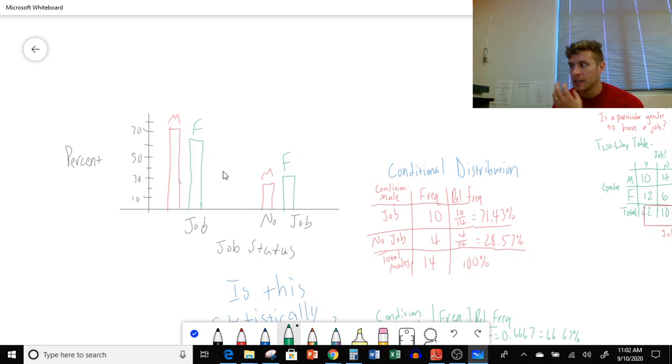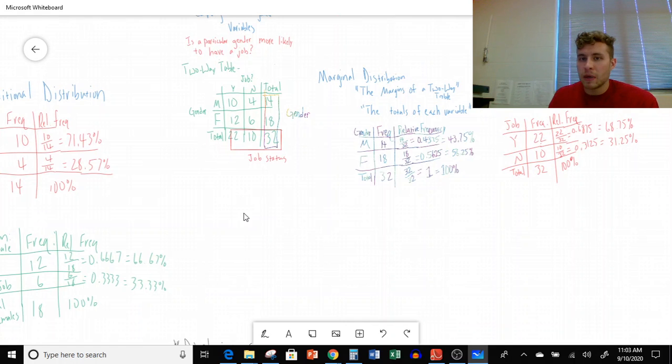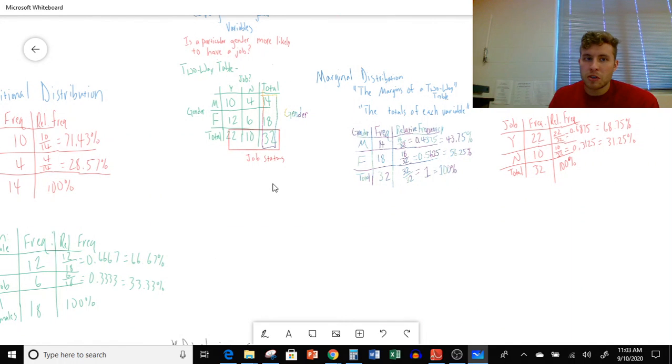But this is what we're looking at. Say you wanted to show association or significance, you would be finding that in the difference between these columns, which is why I would say this is not significant, just because looking at it, it doesn't look that different. But this would be how you would display this graph. And I think on your homework assignment that's due, you have to create some of these. So that's why I wanted to at least include a picture of what a side-by-side bar graph would look like. And you needed this lesson to be able to complete all that. Marginal distribution, conditional distributions, two-way tables, we have all that now. So we're going to go